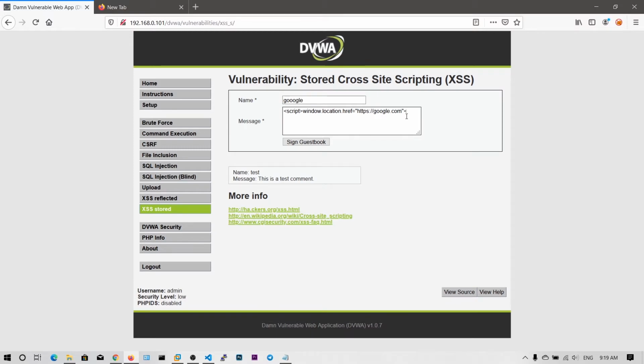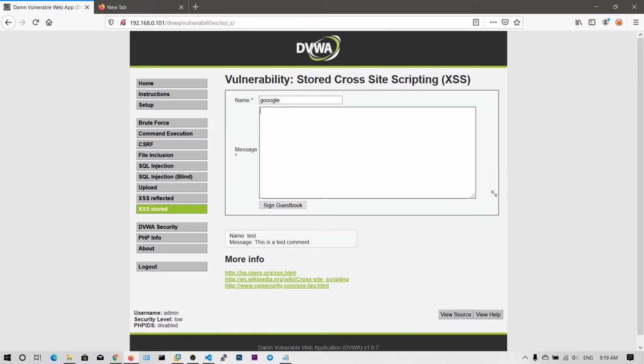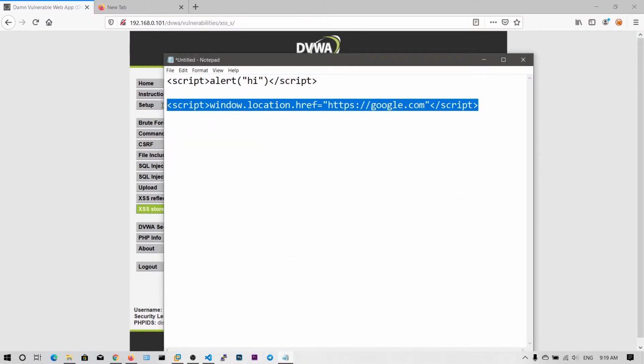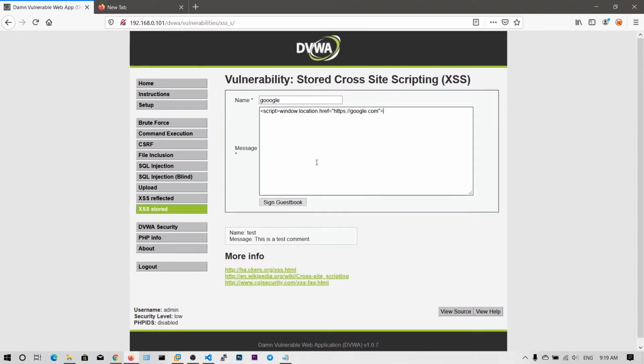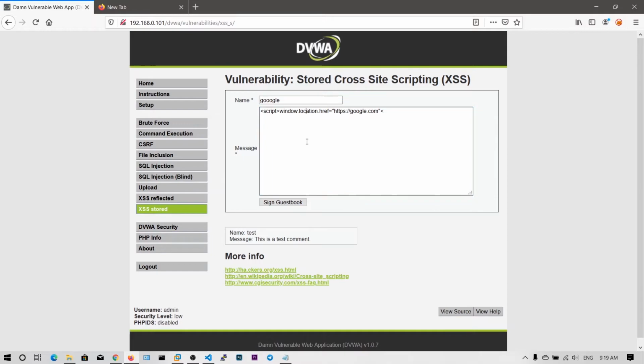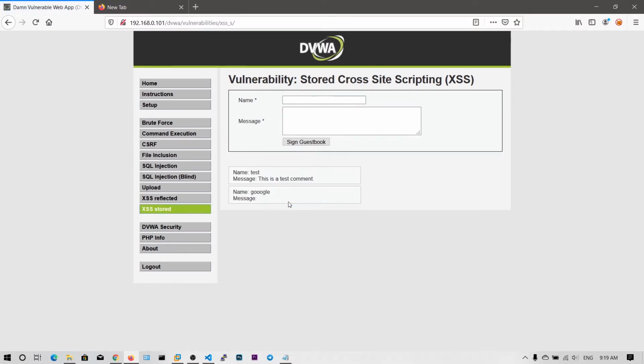Sorry, where is this script? Okay, I think it's just there, but it's not showing. So I will expand this and copy again. Let me sign in this guest book. I don't know why it's getting truncated.